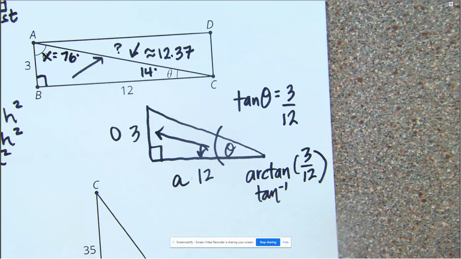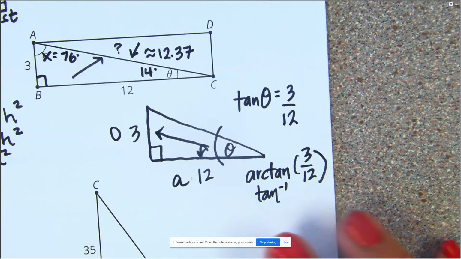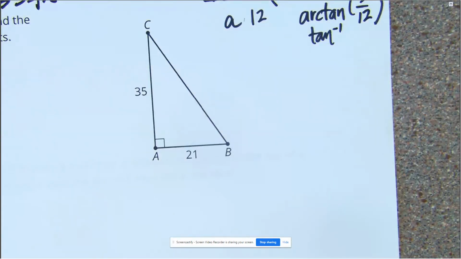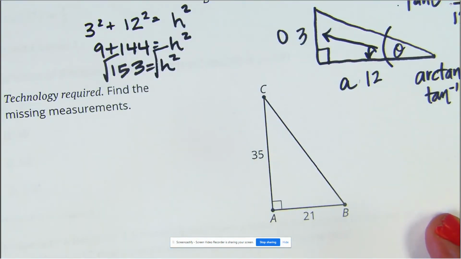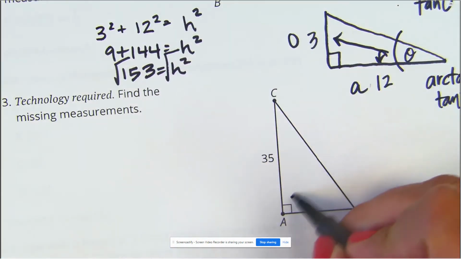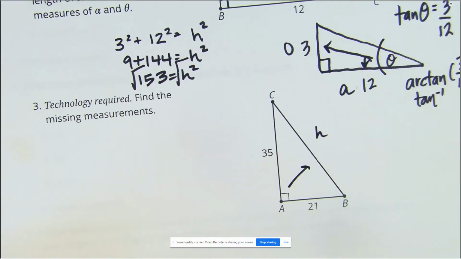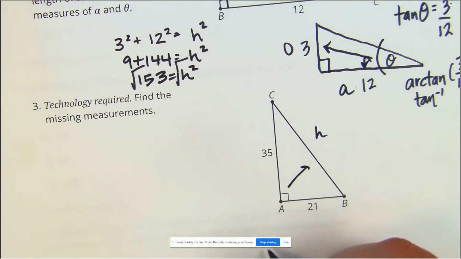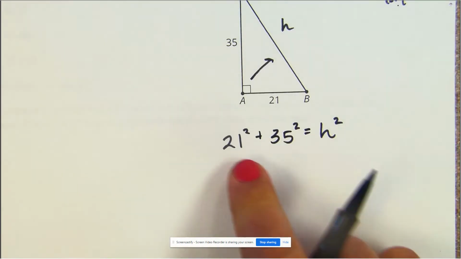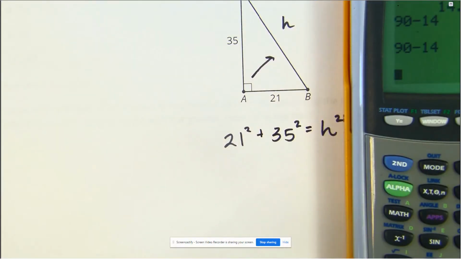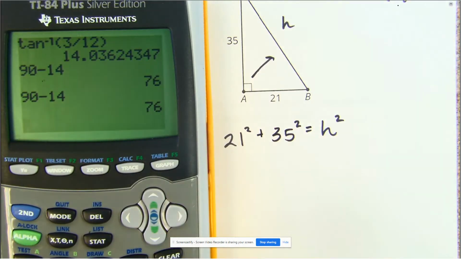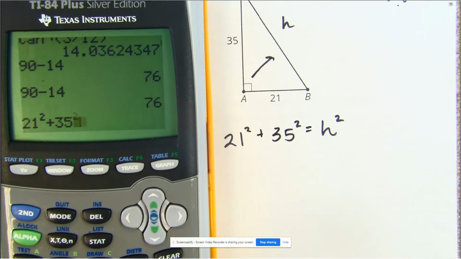76 degrees, 14 degrees. All right, number 3, find the missing measurements. Okay, so that means anything that's missing. Well, I've got this missing, that's my hypotenuse, and I don't know angle B or C. Let's find that hypotenuse first. I would use Pythagorean theorem again. 21 squared plus 35 squared equals I don't know squared. I'm going to type that into my calculator. 21 squared plus 35 squared equals